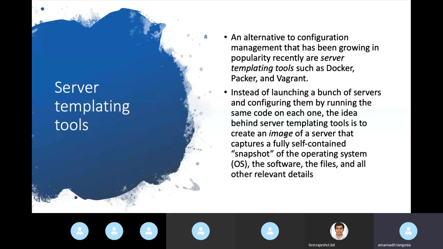Packer is a tool where you can build customized images by customizing everything. Suppose I have a Red Hat image, which is from Red Hat, so I can add my customizations to my Red Hat image, or I can do server hardening on it, maybe based on my company's policies.